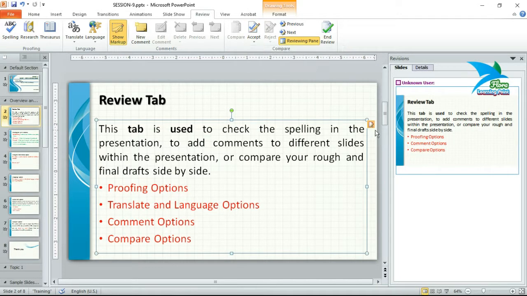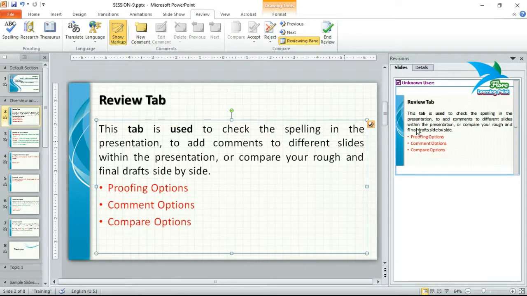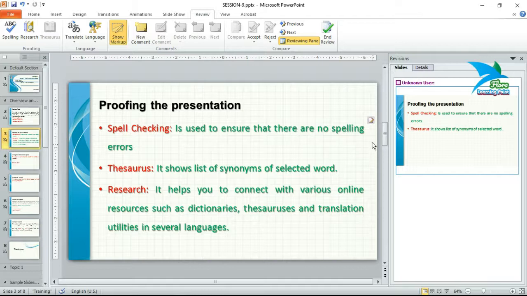Accept changes means if you want to make these changes in this slide, click on this button, then Accept changes, and it will remove the extra options from this slide and now you can see the contents are the same.